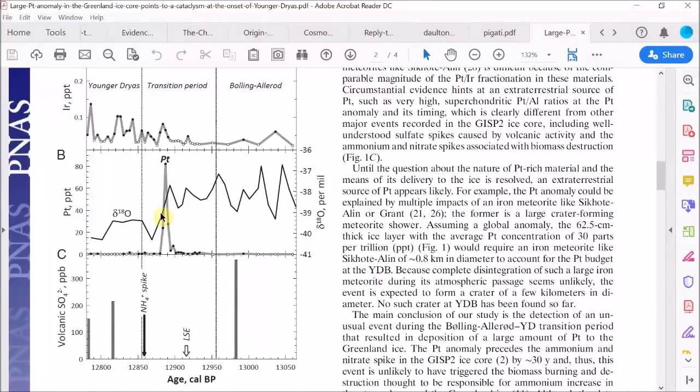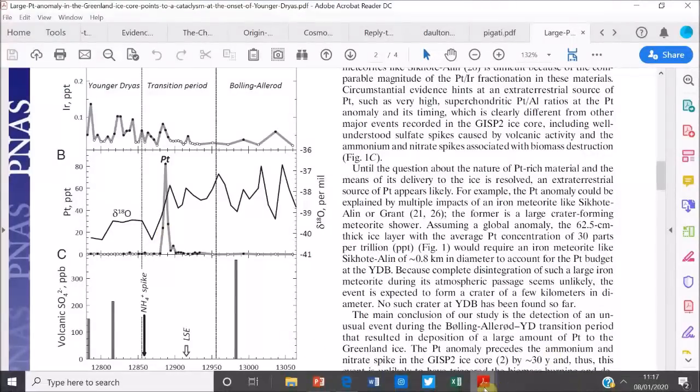Now, the other papers that we're going to look at next from 2013 won't know about this platinum discovery. They will have been prepared and submitted before this discovery was made public. So it'll be interesting reviewing these papers with this additional knowledge which the authors of the papers didn't have. Now, the first paper we need to look at is